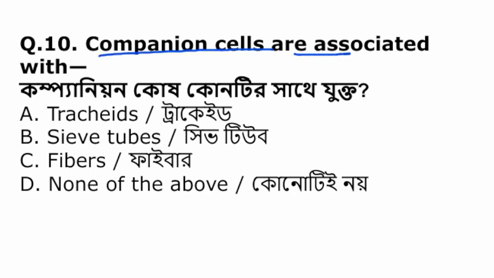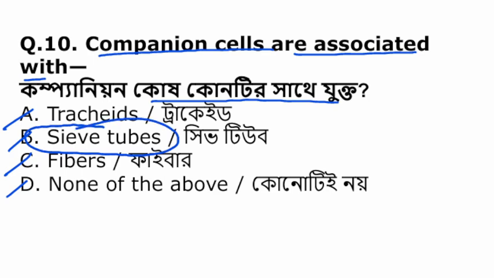Companion cells are associated with. Companion cellটা বা কোষটা কার সাথে যুক্ত থাকে? Tracheids, sieve tubes, fibers or none of the above. Companion cells are associated with sieve tubes. সিভ টিউবের সাথে অ্যাসোসিয়েট থাকবে যেটা ফুড ট্রান্সপোর্টে হেল্প করে।